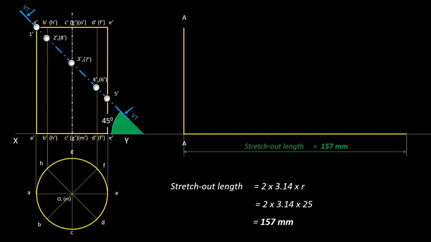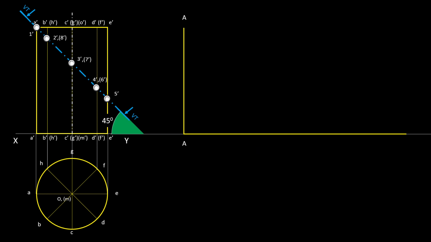Now we have to divide the pattern into 8 equal portions. Let's look at the method to divide a line into number of equal portions. We need 8 equal portions here. So draw a line at any angle having a length which is multiple of 8. Let's say 16 centimeter, which is a multiple of 8. You can use 4 centimeter, 8, 16, 32, whatever. We can easily divide this 16 centimeter into 8 portion with the use of a simple scale.